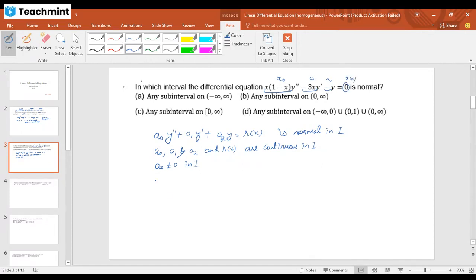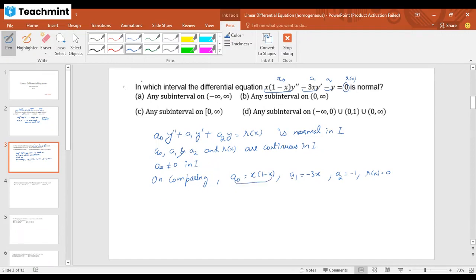That means on comparing this differential equation with the given one, we'll get the leading coefficient a naught is x into 1 minus x, the coefficient a1 is minus 3x, the coefficient a2 is minus 1, and r(x) is equal to 0. So firstly, if we talk about the condition of continuity,